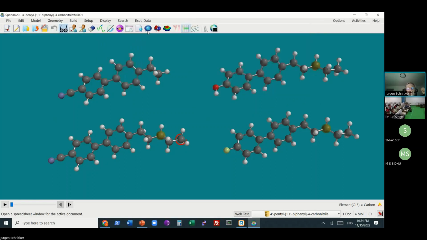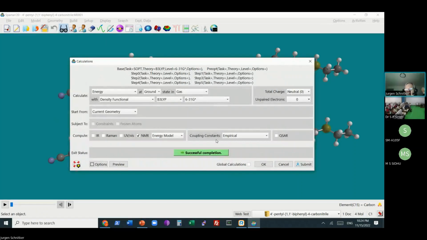It's just one additional check mark in the calculations dialog to get the data for all of them at once. And obviously it will run longer because there are 4 rather than 1. I will go to set up calculations, and I'm circling it here at the bottom, global calculations. I will set the check mark global.